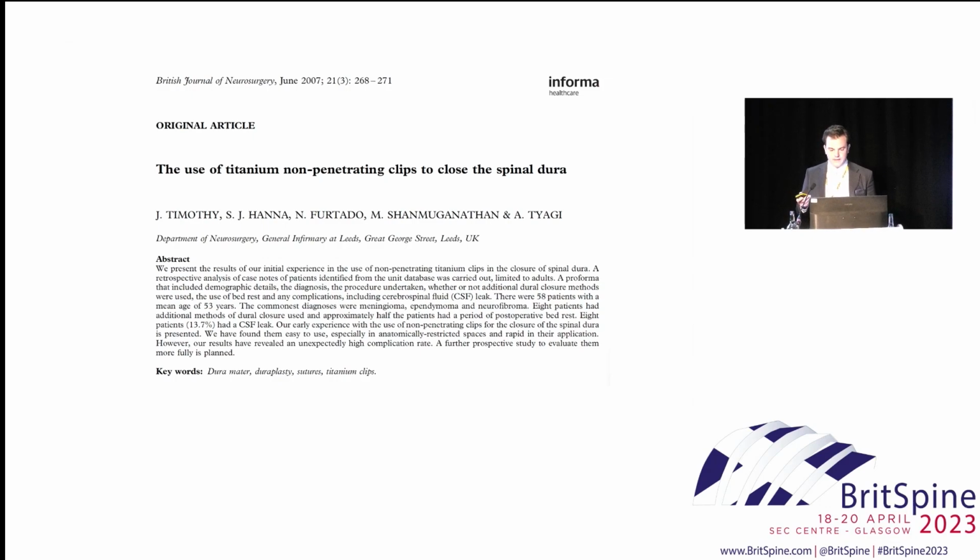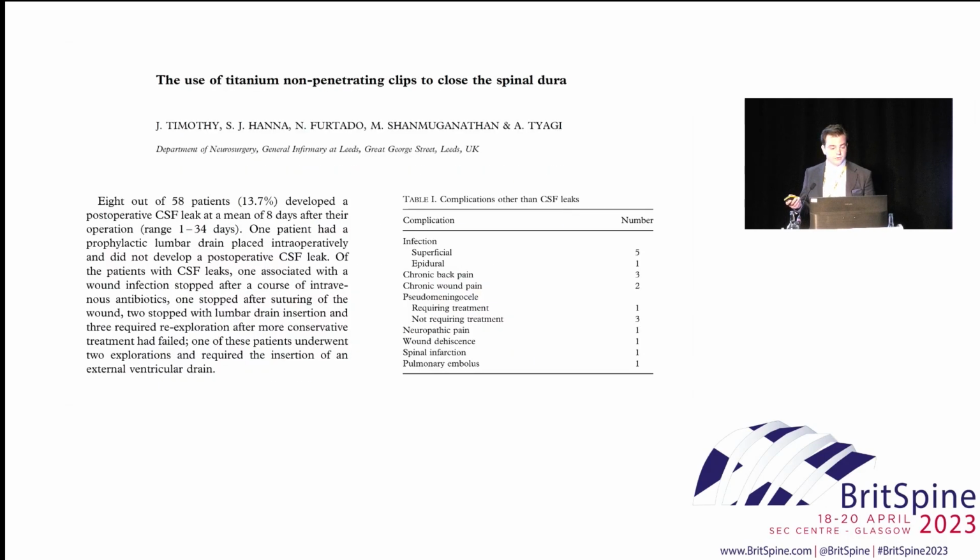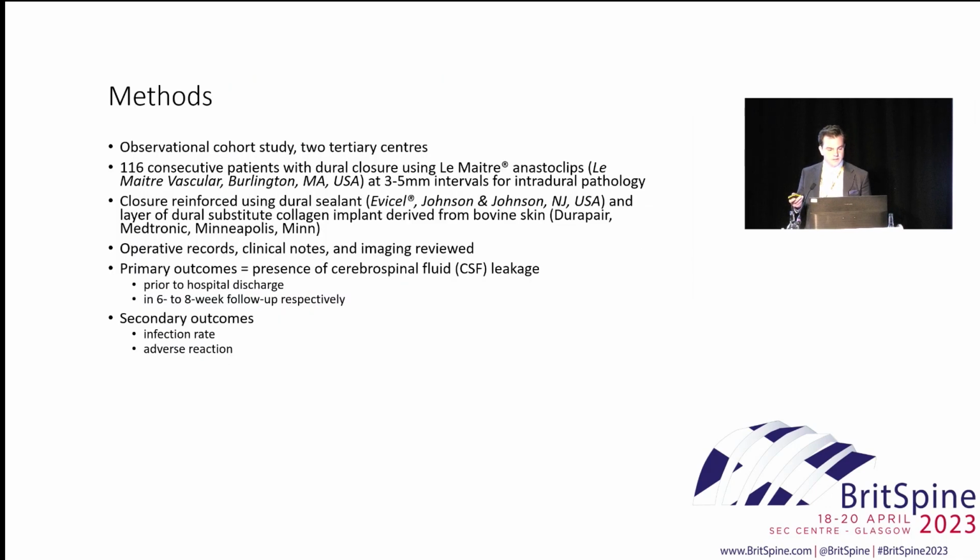And the largest existing series is from the UK, from Jake Timothy and colleagues, where they found a nearly 14% CSF leak rate using titanium clips, and that required some further intervention, whether that was suturing wounds on the ward or return to theatre, and also a slightly higher than one might expect infection rate, although only superficial infections really in that group. So we looked at 116 patients in 2 units, Queen Square and Stanmore, using at 3 to